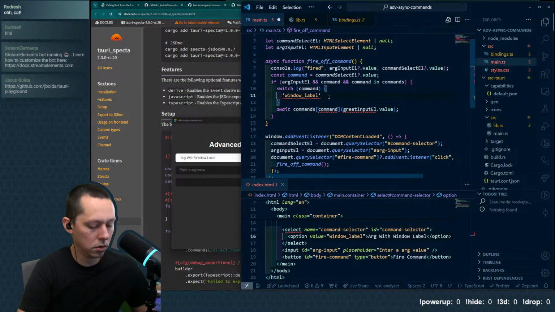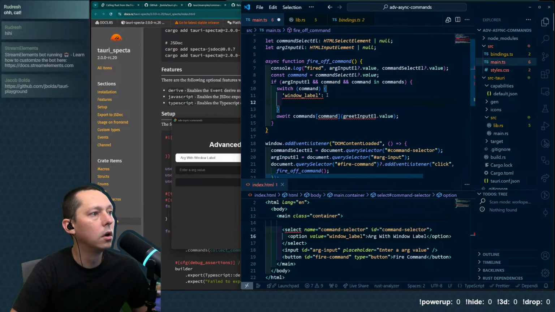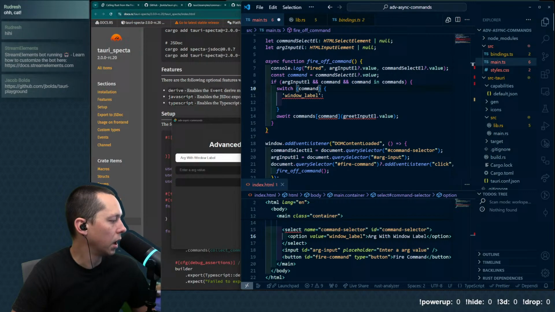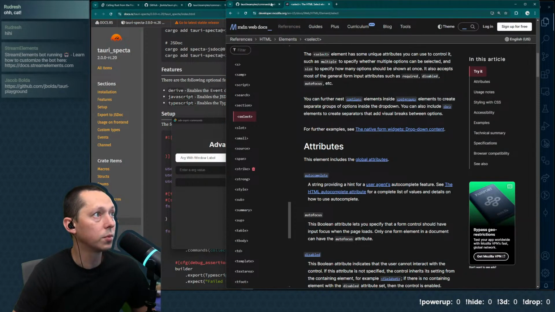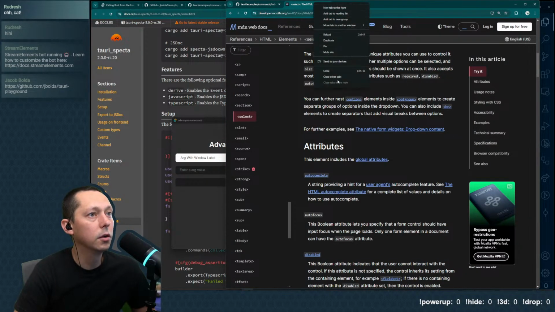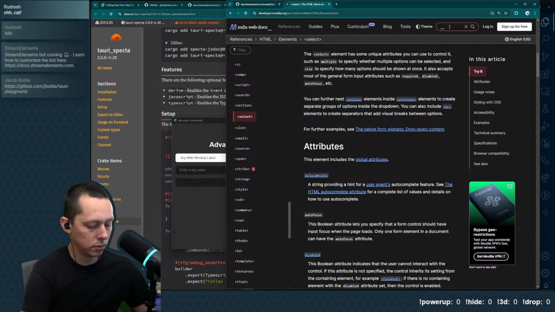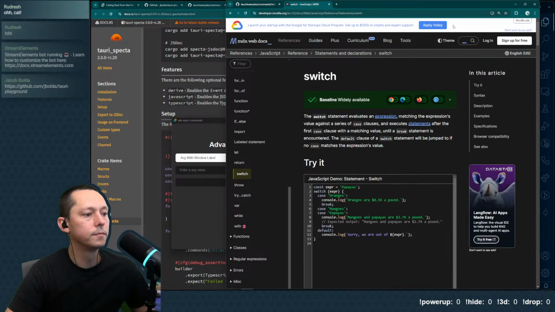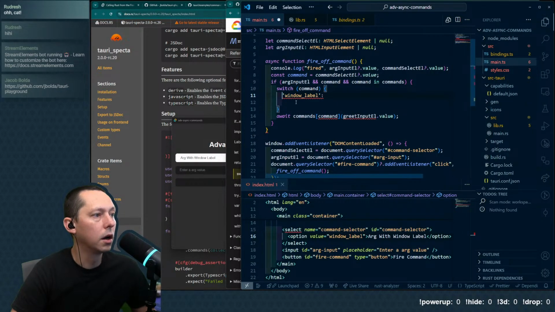And what am I missing with my switch here? I feel like every time I use a JavaScript switch, I end up having to look it up. Switch expression case. That's what I'm forgetting. I don't know how I just can't keep it in my brain.